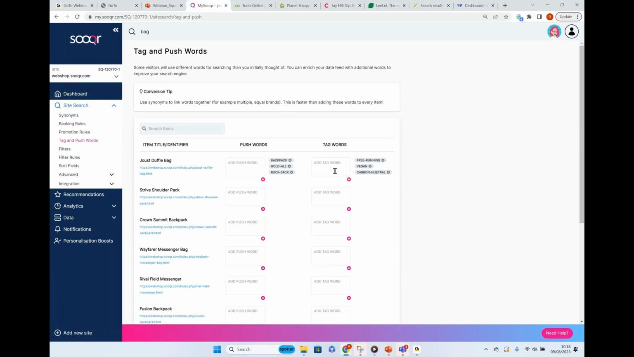And tag words are, it won't boost it, but that's what push words are for. What tagged words are for is adding for products where you want them to be tagged. Someone may search for the word free running or vegan or carbon neutral, and you want certain products to be shown in the results when they search for vegans, carbon neutrals, things like that. So overriding categories that aren't particular categories within your XML feed currently. So that's a way to group up products like